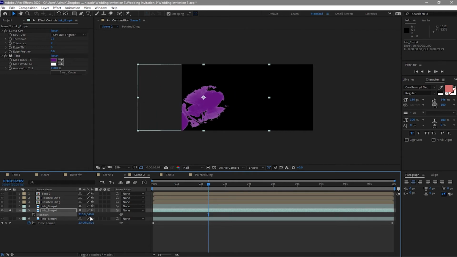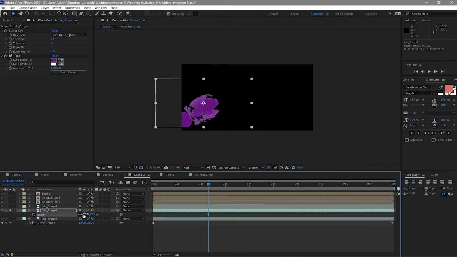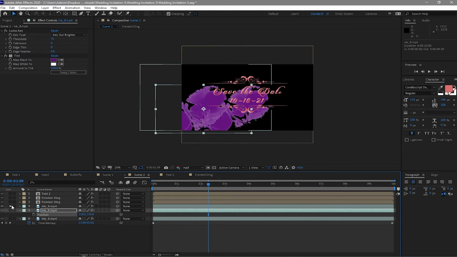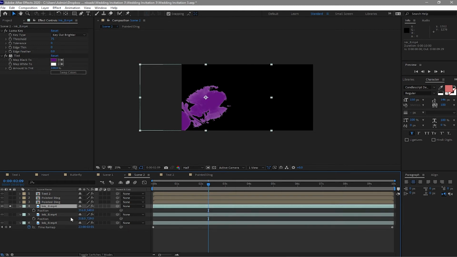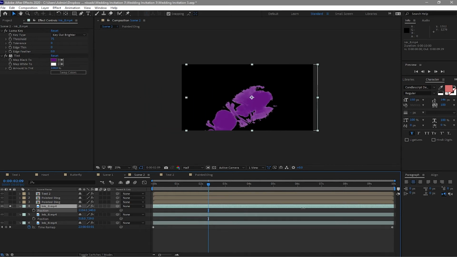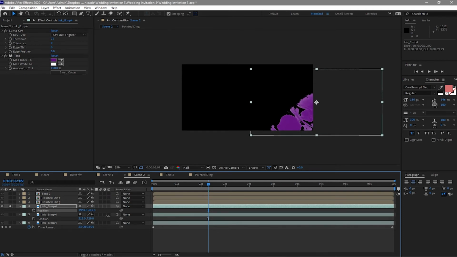I will also scale this to resize it. I think that's good enough, and then I will click P again and I will drag it down, and then I will solo this one and I will click P on my keyboard, move it on the right side, move it down a bit, and I think I'm good with it,